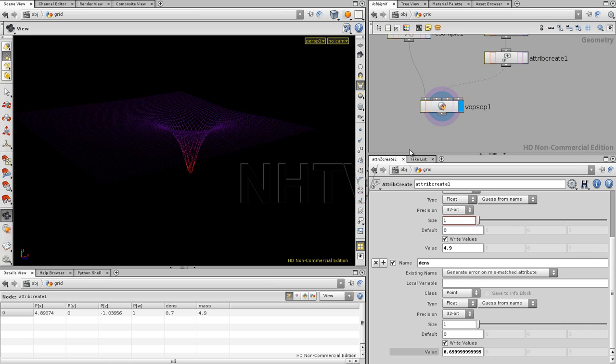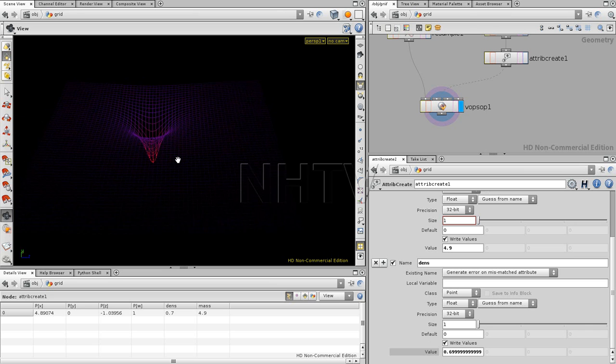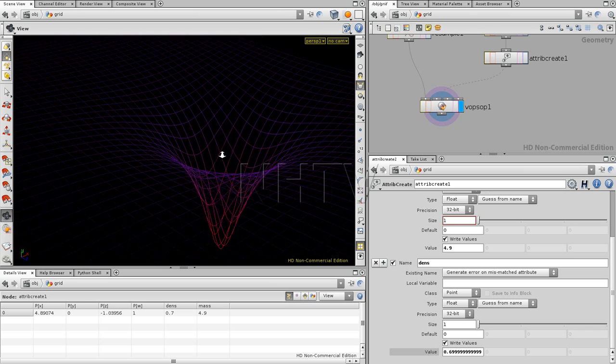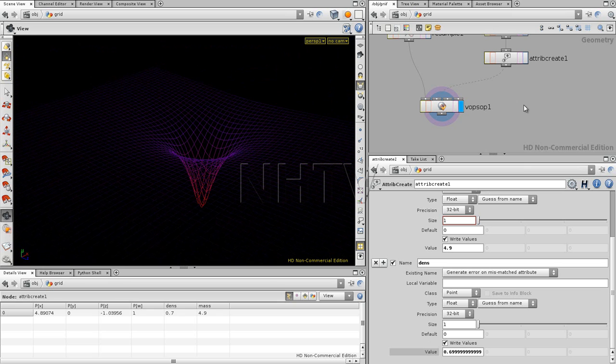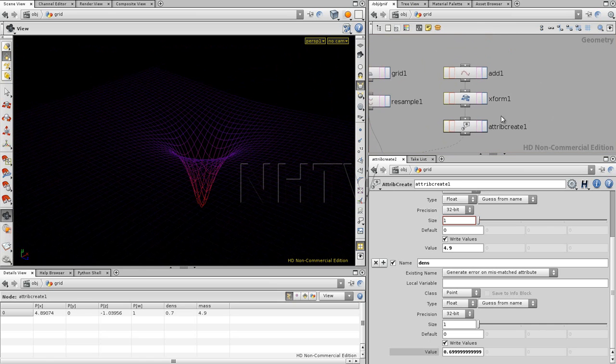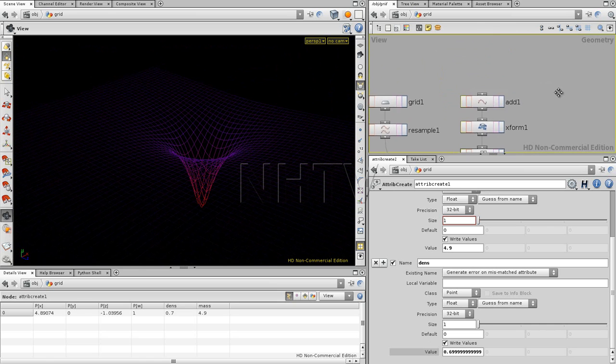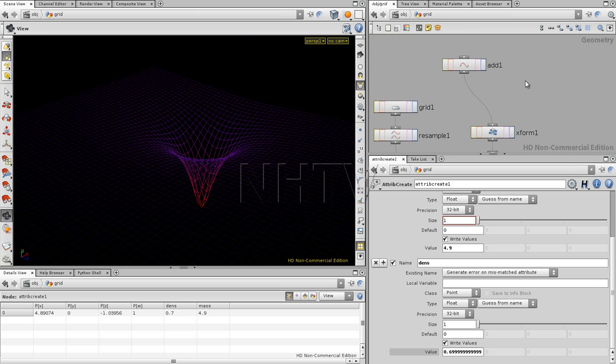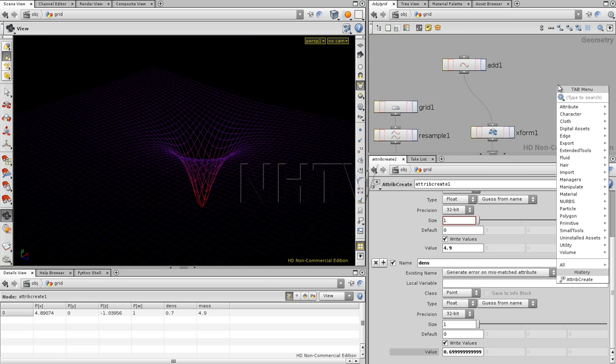I'm gonna give it something like this, 0.7. So now this is again our gravity well. The next step now is we need to try and create multiple points, because now we've added our attribute in the attribute create. Now suppose we have multiple planets, and so for that I'm going to create a circle,